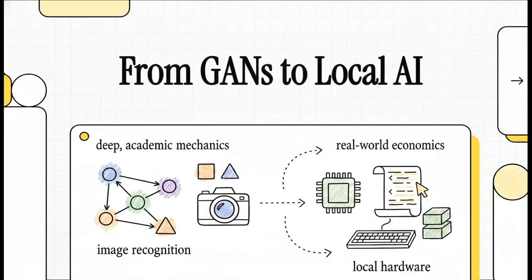Welcome to this explainer. I'm seriously pumped to have you with us today because honestly, we are going on a bit of a ride. We're unpacking the wild evolution of artificial intelligence, taking you all the way from the deep academic mechanics of how AI actually thinks, right up to the fierce real-world economics driving how it's deployed today. If you've ever wondered how we went from simple image recognition to AI that can write code, and why the tech world is suddenly obsessed with running these massive models locally, well, you're in the exact right place.